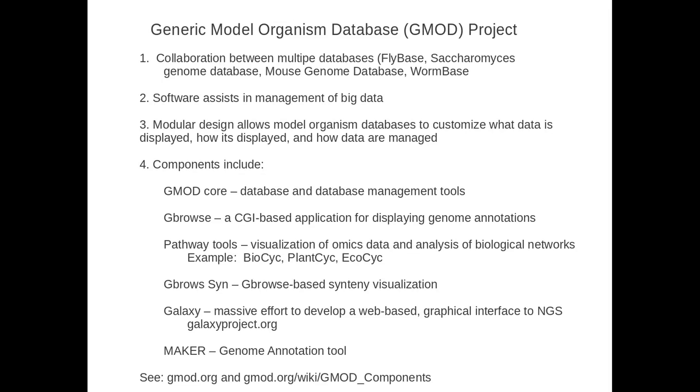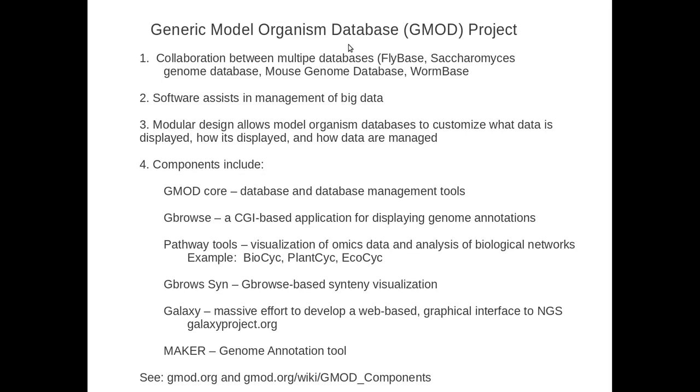Soon I expect there's going to be many resequencing based browsers that host all of the polymorphism or SNP data that is being collected. And one of the probably most developed set of tools for handling all of this data